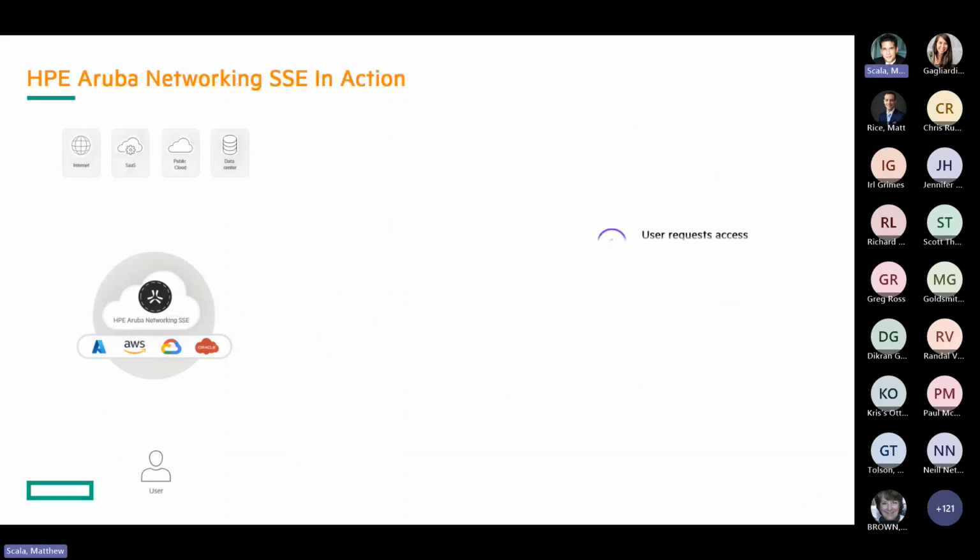The next piece, as I mentioned, some of the steps here. If I'm a user, you can consume SSE as an agentless solution. You can consume it as an agent-based solution. It really depends on how you want to secure applications and which technologies you are consuming. So in this case, I could be running an agent on my desktop. I could just bring up a web browser, go to my URL, and access there and log in. But as soon as my user requests that access,